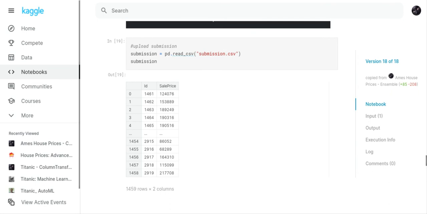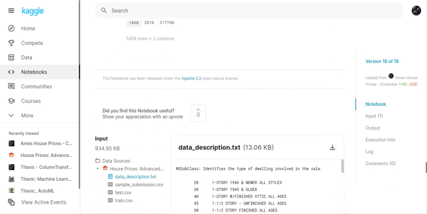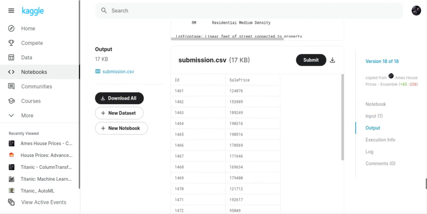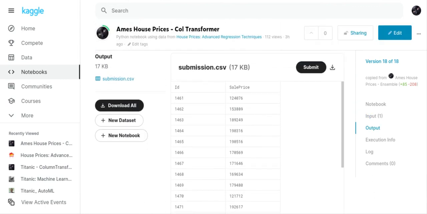And now we're going to upload the submission. Submission equals pd.read_csv, submission.csv, and submission, so you can read what you've done. So we come down here, and we've got our submission. If we wanted to submit it, which I'm not going to do because we've already submitted it in the past, then